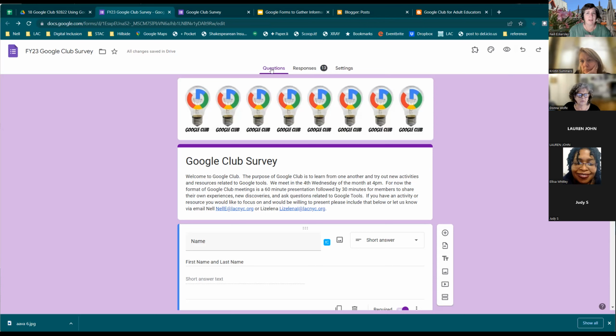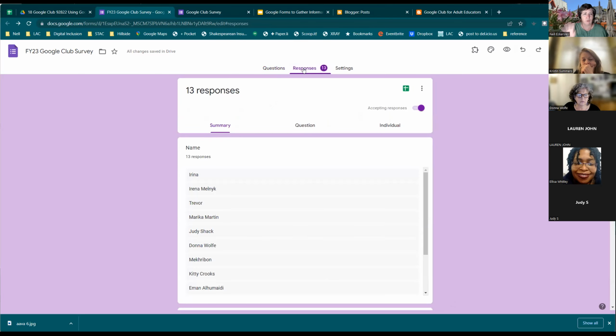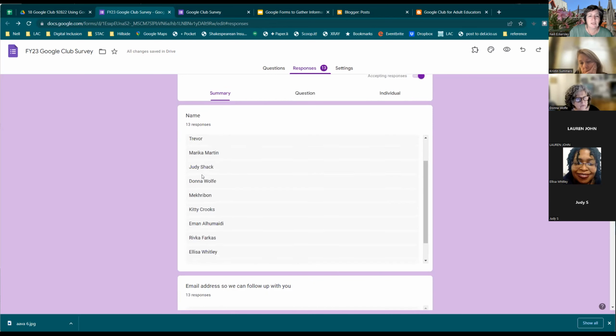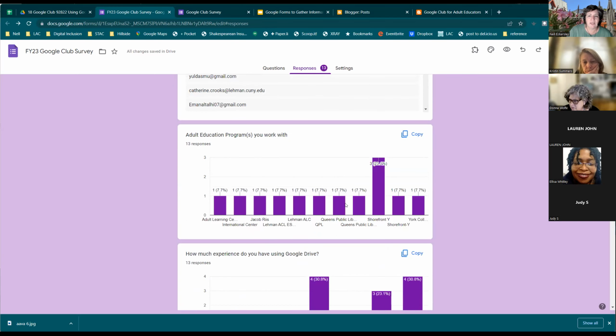So again, from the back end, the view right now is of the questions. I can also look at the responses. And as I mentioned, there are two ways I can look at responses. This is the one that's built into the form. When I come in here, I can look at it in a summary view, by question, or by individual. And what's nice here, with the names, I'm not going to have however many people have responded, it will be that many entries. But as we get down into some of these other ones,